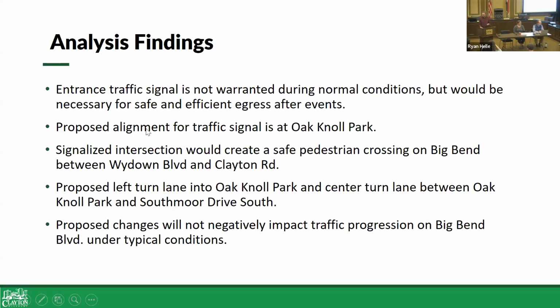First, that the signal's not warranted under normal conditions. So there's not enough traffic being generated to need a light there just on a regular day-to-day basis. However, if there's any kind of event on that site, so if you've got a baseball game, softball game, any of those events that we've talked about, in order to get the cars safely off the site, you would need a signal for that. And so if you imagine you had 50 cars trying to leave that site right now,